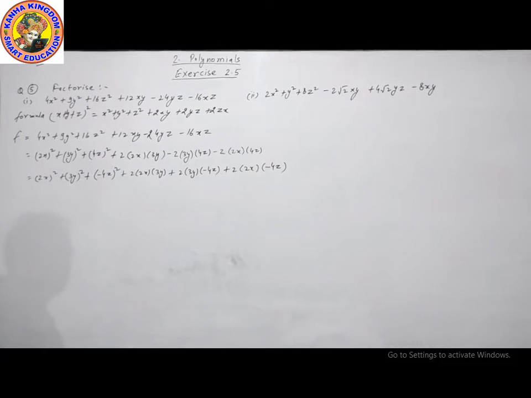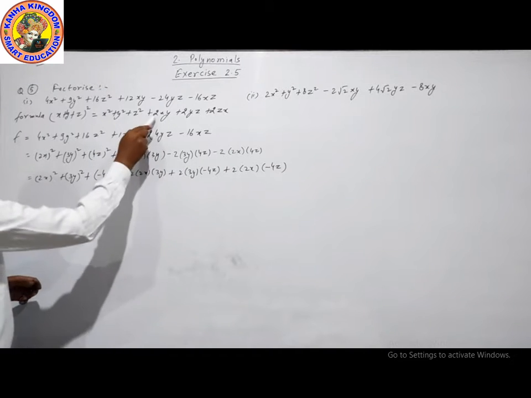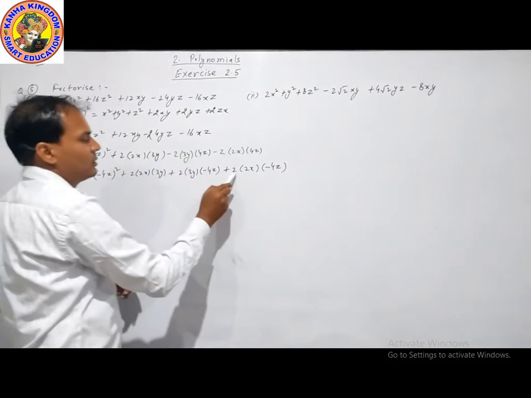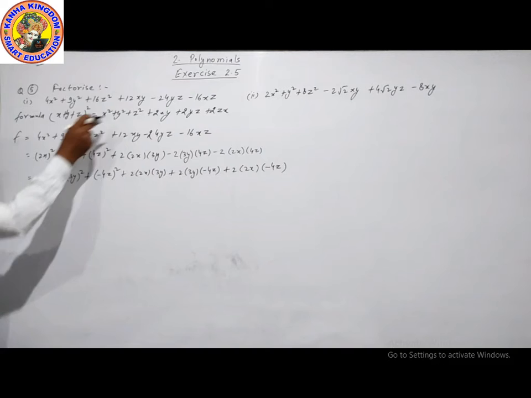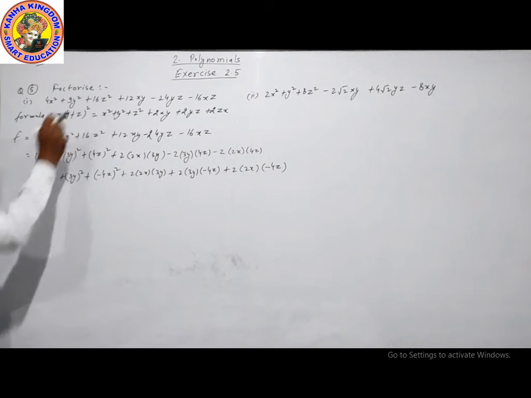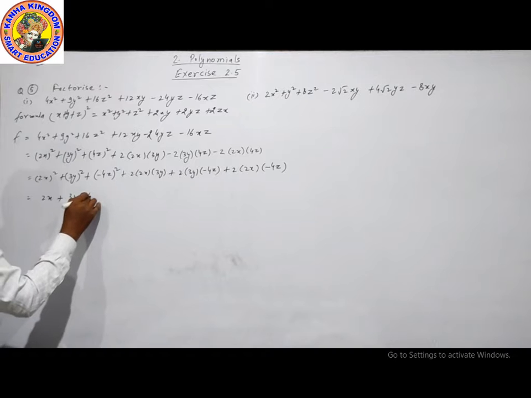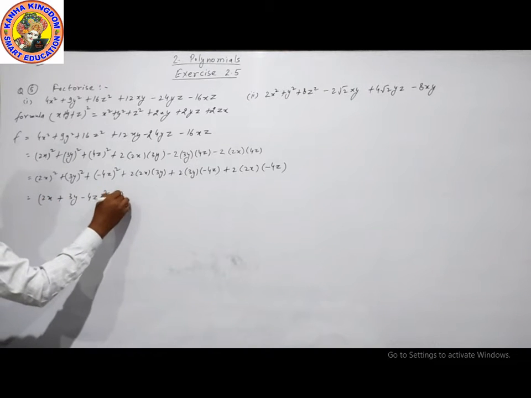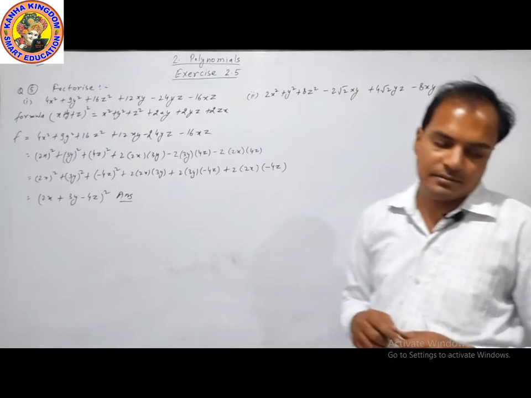Now I am comparing the formula. Here is x square, y square, z square, 2 into xy, 2 into yz, 2 into xz, yes, zx. The answer is x plus y plus z whole square. This is our x, this is our y, and this is our z, where z is minus 4z, whole square. This is our answer. You can take a screenshot of this. We will move to our next part.